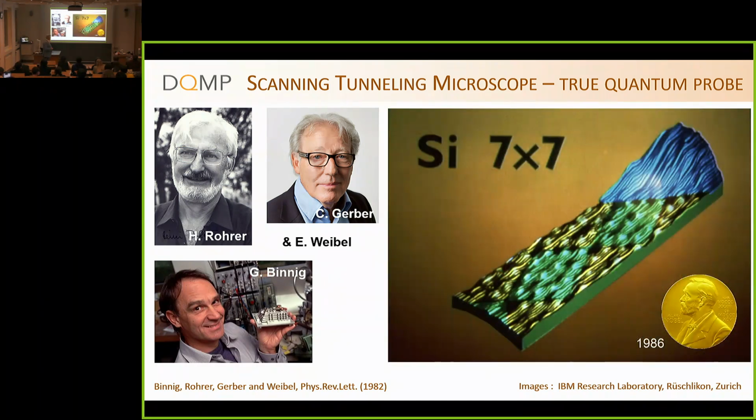Now this granted them the Nobel Prize, and what really made the difference is not really measuring the exponential dependence of the tunneling current over distance, because if you have a solid state junction, you can measure this, but you have to make a new sample for each barrier thickness. Here, you simply move the tip, and they could show there is indeed an exponential dependence. But what's really the striking result is this here. This is an image of a silicon 111 surface. And they could solve, at that time, a big issue about the reconstruction of this surface that nobody could solve with diffraction techniques. And so they did this scanning, as Eliot was showing,